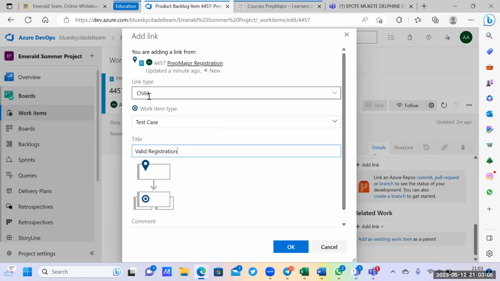Link type. It's a child. Is a child, okay? Under, if you go up, where you see the prep major registration, it means that you have a work item, which is 4457. Now, that work item name is prep major registration, which has the user story and also the